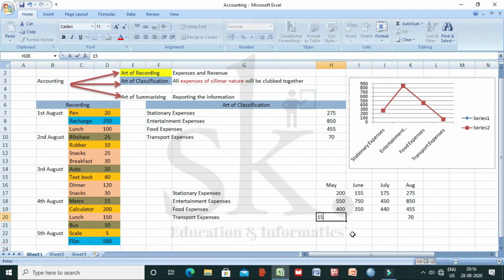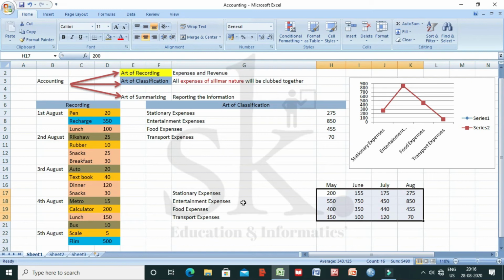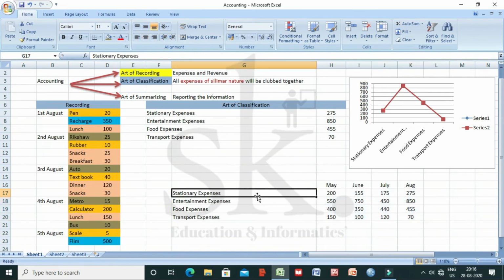And transportation expenses was 150 rupees in the month of May. June it was 100 rupees, then it was 120 rupees, and today it's 70 rupees. So this is what the picture is. Now what kind of decision can I take? I can check with